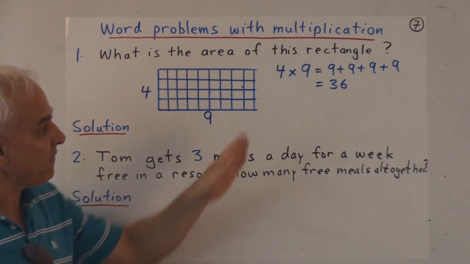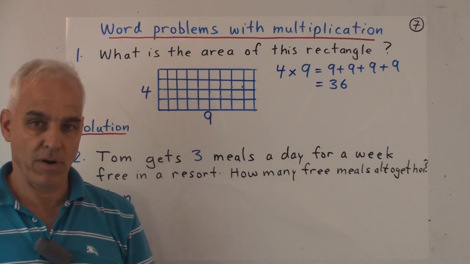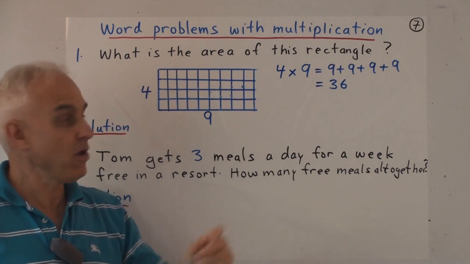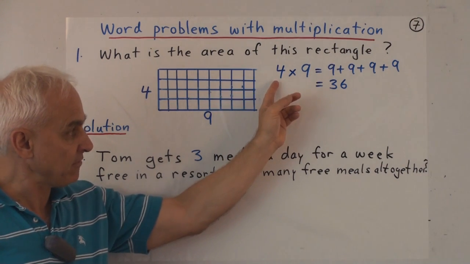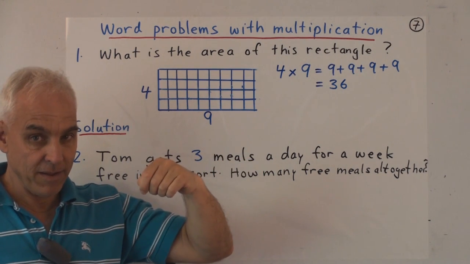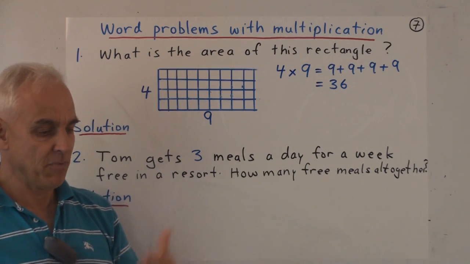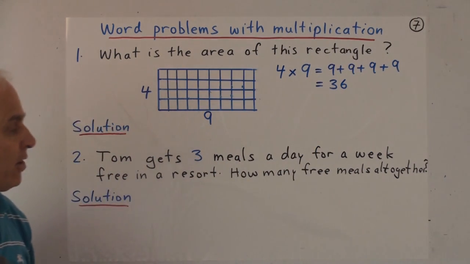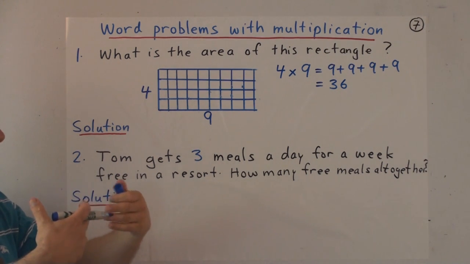Another way would be to say, well, 4 times 9, that's like 4 times 10 minus 4. Remember, multiplying by 9 is like multiplying by 10 and then subtracting one of the things that we're multiplying. So another way of calculating this would be to say, well, it's the same as 4 times 10 minus 4. Or 40 minus 4, which would also give us 36. So either by memorizing the table, or by making an addition, or by using some trick, we calculate that 4 times 9 is 36. And so finally we want to output that as a sentence answer.